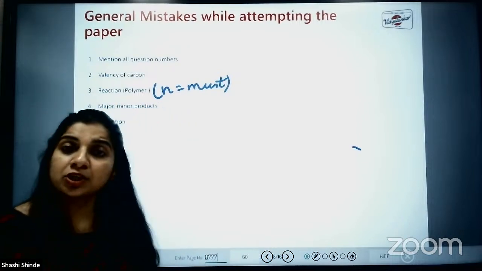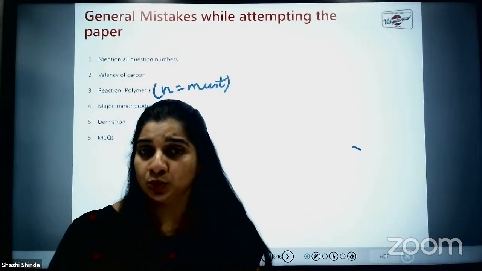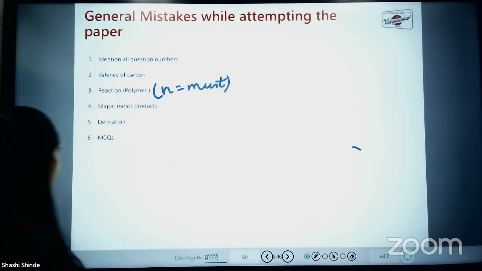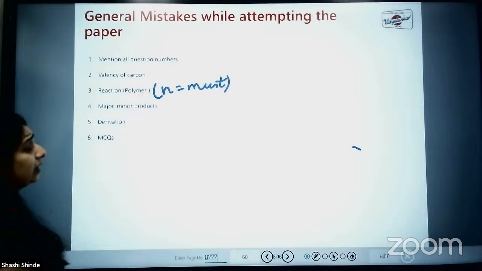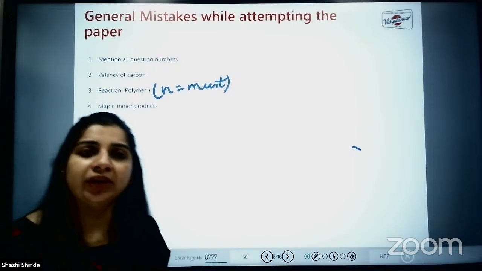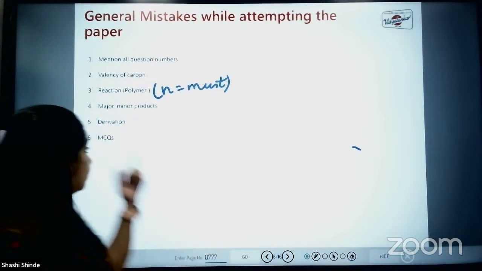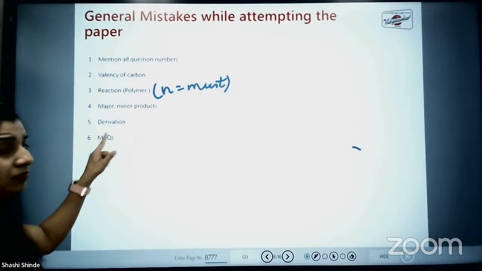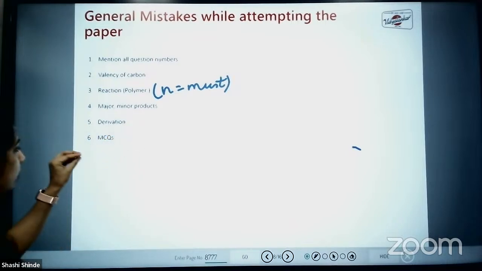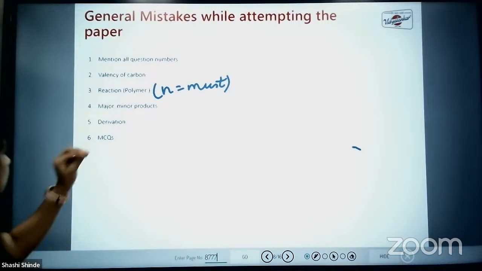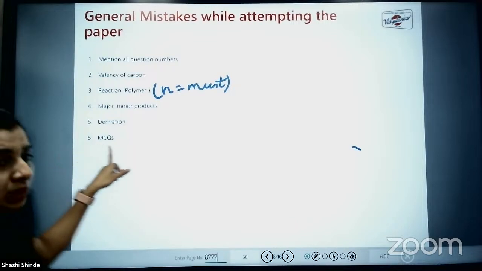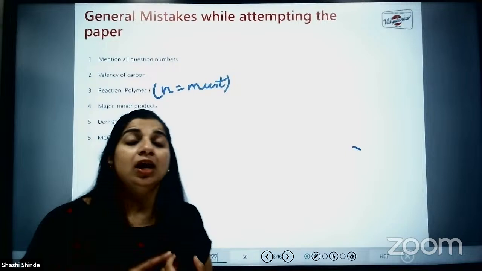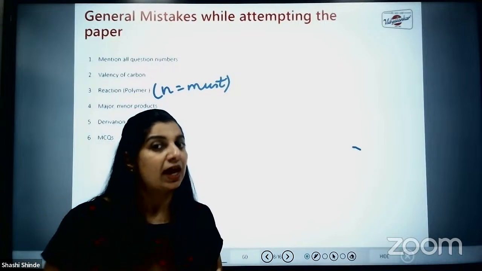If you have name reactions, you have to write the statement also for name reactions. While writing a derivation, as I told you, do not forget to mention all the terms. Fine, whichever terms you are using, you have to explain, or you have to write down which terms you are using. For MCQs, as I told you, you have to write the option as well as the answer, and only a single attempt